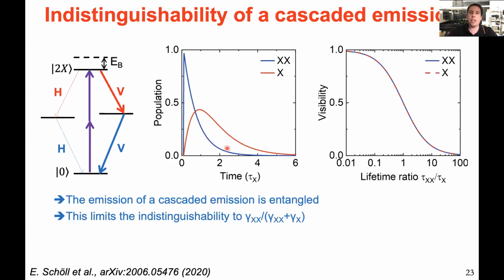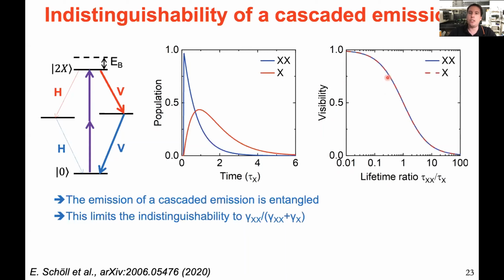Now in our simulations, we can also simulate this case, taking into account a finite excitation time. So now it's not possible to calculate it analytically that easily anymore, but with our simulation framework, we can do it, and now calculate the visibility of the two-photon interference as a function of the lifetime ratio. So this tells you that for a quantum dot in bulk, you're limited to an indistinguishability of about